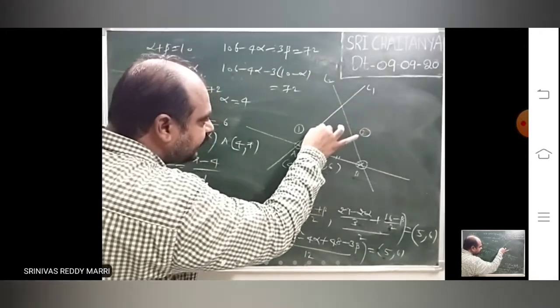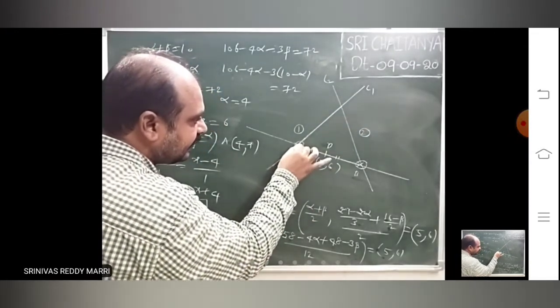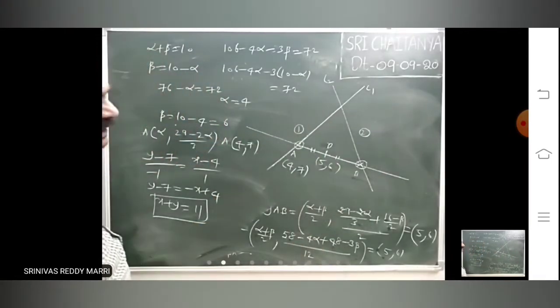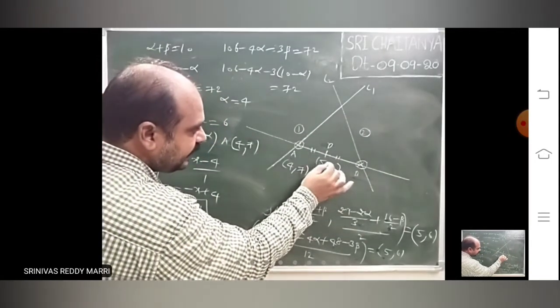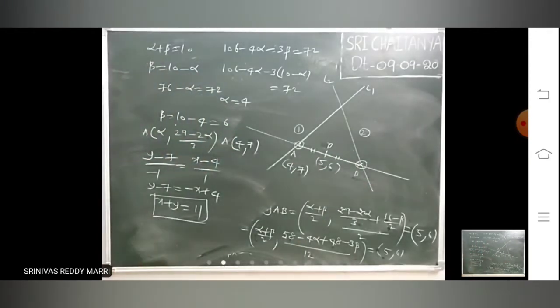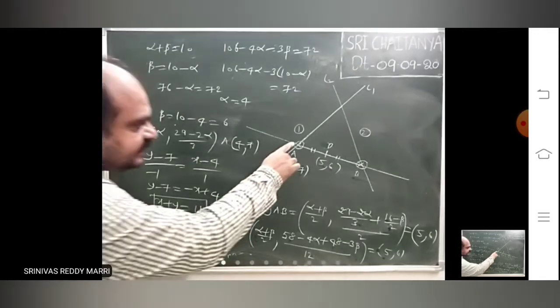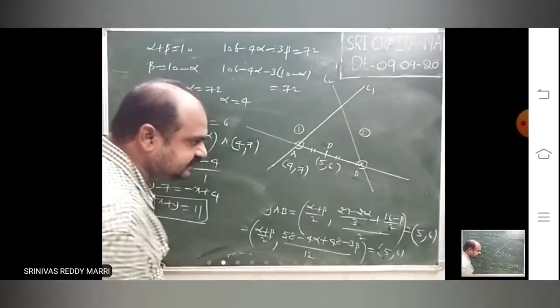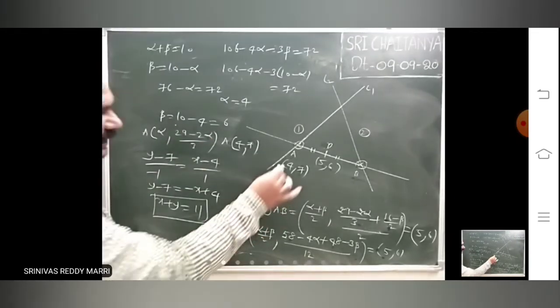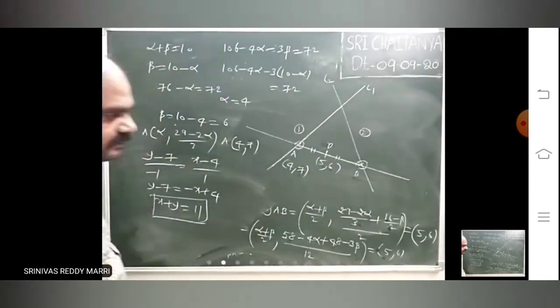Just whenever you want to take that line, that point you take in alpha, that point you take in beta. Now midpoint is given. He can ask the question like this also. A point he will give, it divides AB in the ratio 2:3. Then also same procedure. If you take in single variable, then you will get two equations. You can solve what is alpha and what is beta. Then you will get the equation of the line. Segment between the lines means this one, AB.